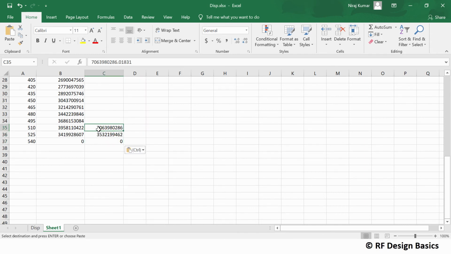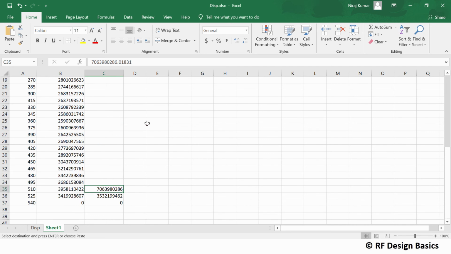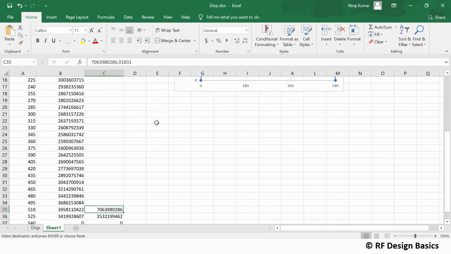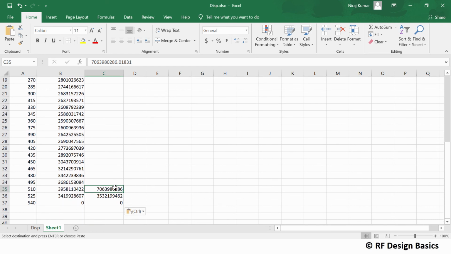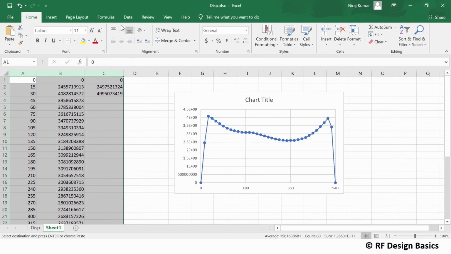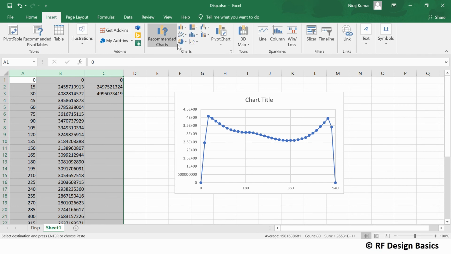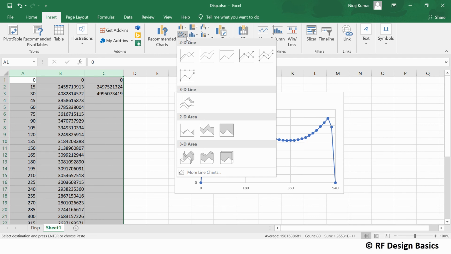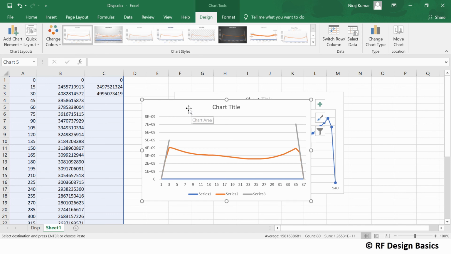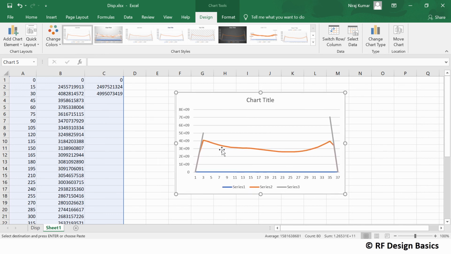You can see this is 7 gigahertz, which is going out of range of our graph. Our graph is only up to 4.5. So you may ignore that value, or if you want to take, you can consider, but the graph will be going a little down. Now take these three and see the properties by inserting another graph from here, where we have both the data together, and we can see here this is the light line.